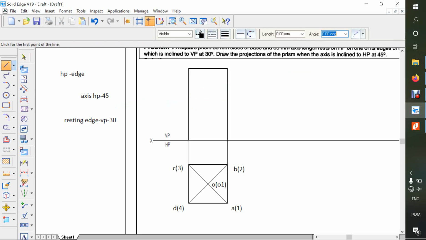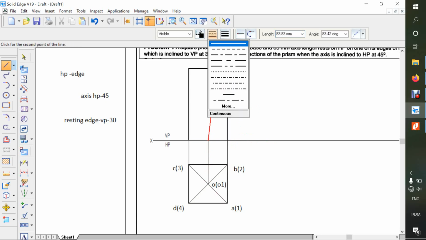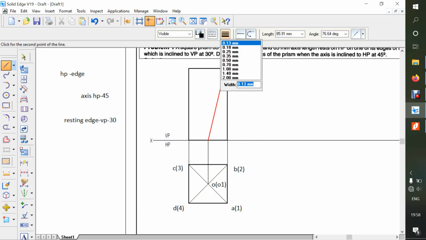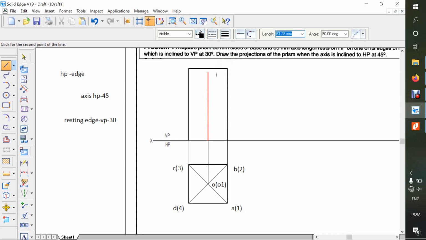Okay, now again a line, 0.13. From here, once you zoom to this one, you will get a midpoint. From here you just enter till here, and now this is a center line. So you have to change this one to 0.35 and press tab. It will move to the angle 90 degree and click it here. So now you can see the change in the line type, that is a center line.